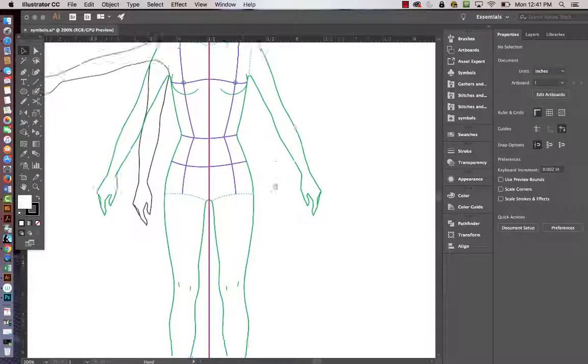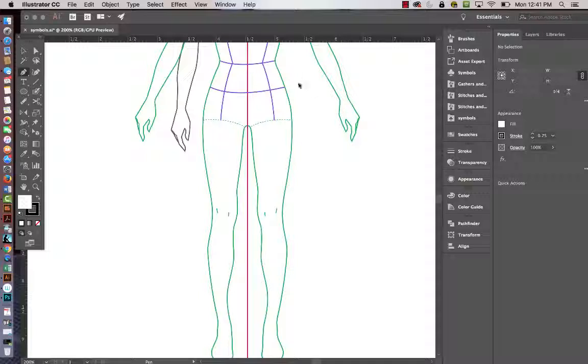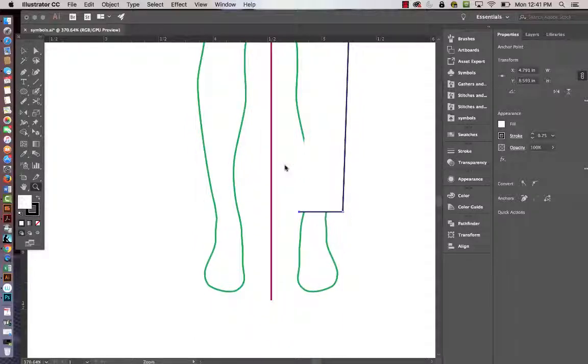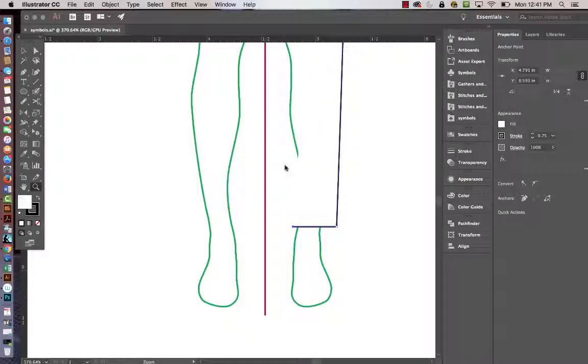So let me zoom in, and I'm going to grab my pen tool, and I'm going to start here at the hip, and depending on your jeans, high waist, mid waist, low waist, you know, up to you. And then I'm going to come over here on the hip a little, and then click and drag just to kind of give it a soft curve. And then I'm going to pull it down here, and then come over here, right on the ankle. And this is an important step, and I'm going to zoom in. And then back to my pen tool. First I'm going to click away, grab my pen tool, go back to here,